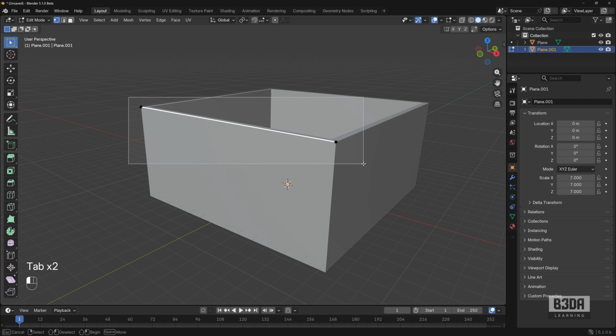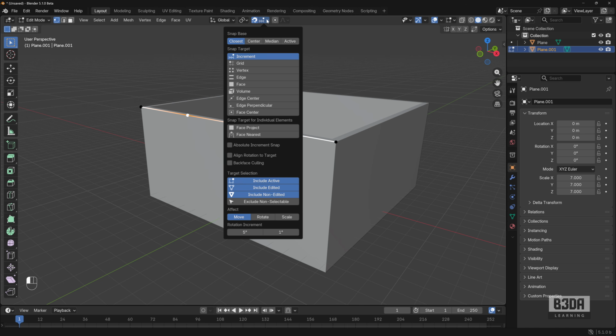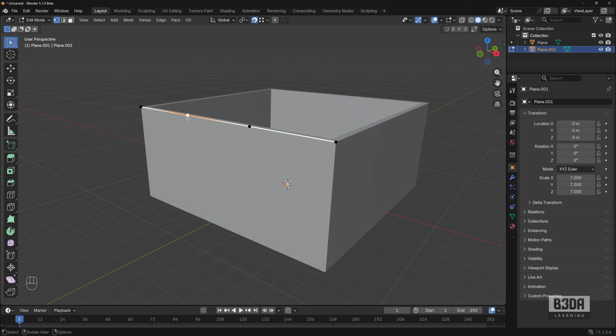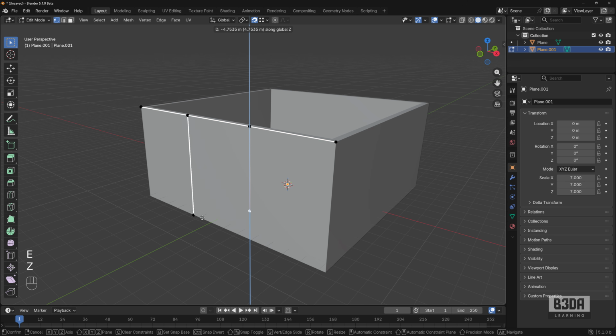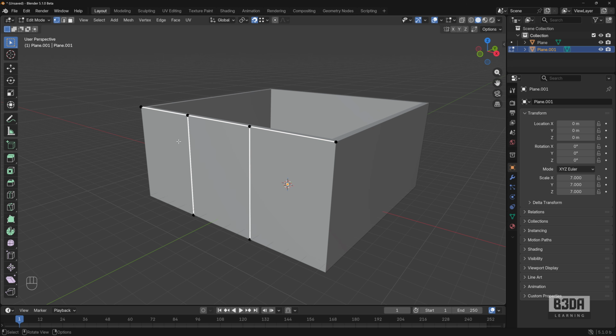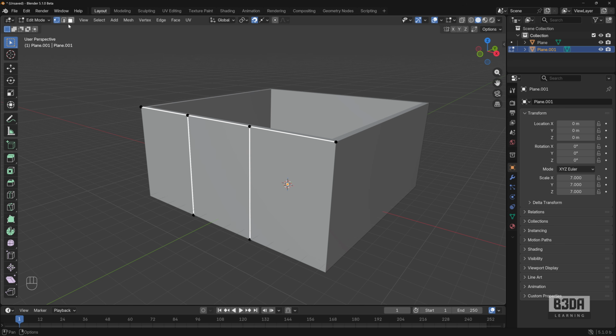And now you can select this edge here, right click, subdivide, and split that in two with two vertices, and you get two cuts. And we can now use this as a reference. For instance, if I enable my snap, I can easily snap this here to create something like those guides from SketchUp. Wait, I need one in the middle. No problem. I can use edge center. If I choose edge center, I can select this edge,